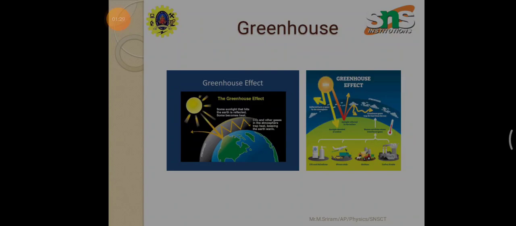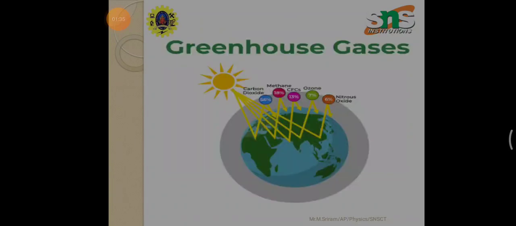Next, greenhouse gases. The four major greenhouse gases which cause adverse effects are CO2, CH4, nitrous oxide, chlorofluorocarbons. Among these, CO2 is the most common and important greenhouse gas. Ozone and SO2 also act as serious pollutants in causing global warming. So the major greenhouse gases,